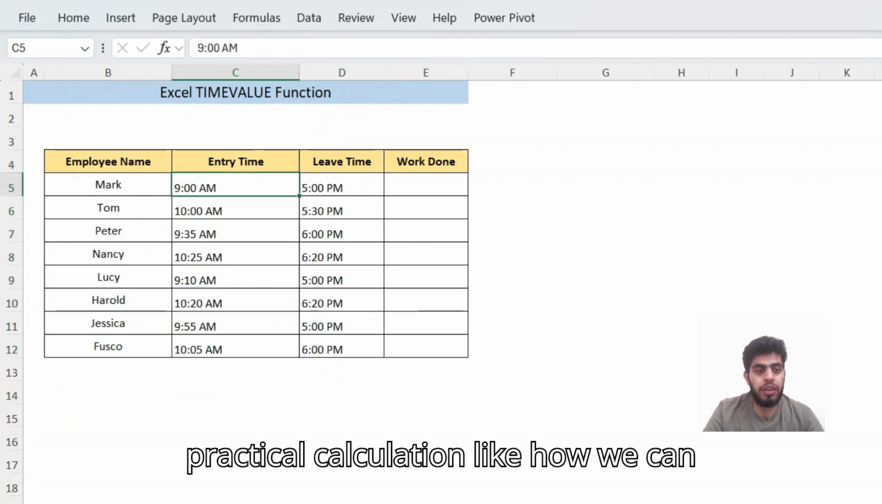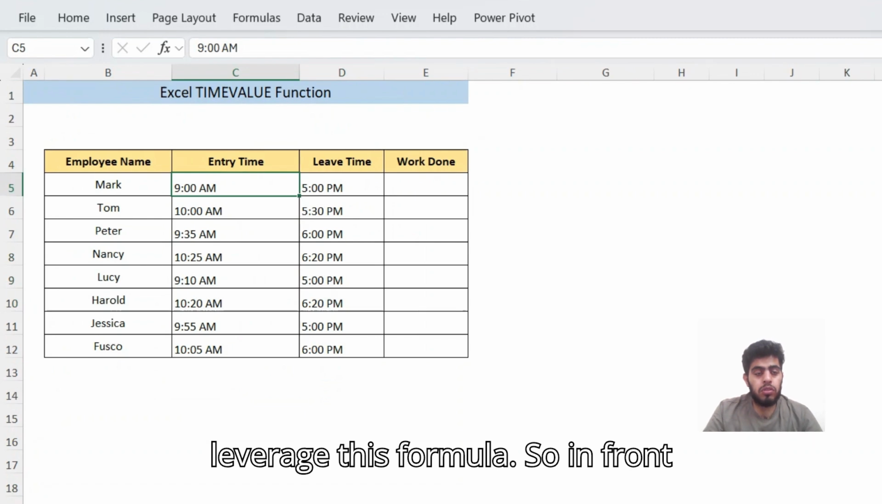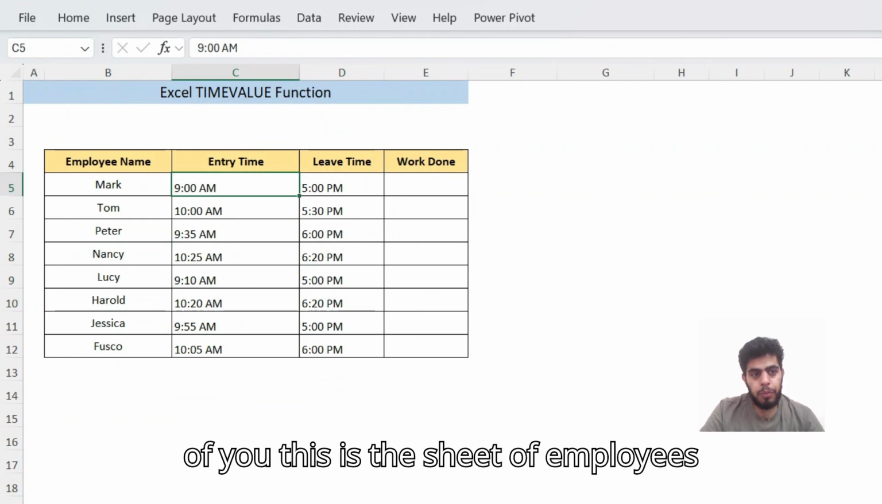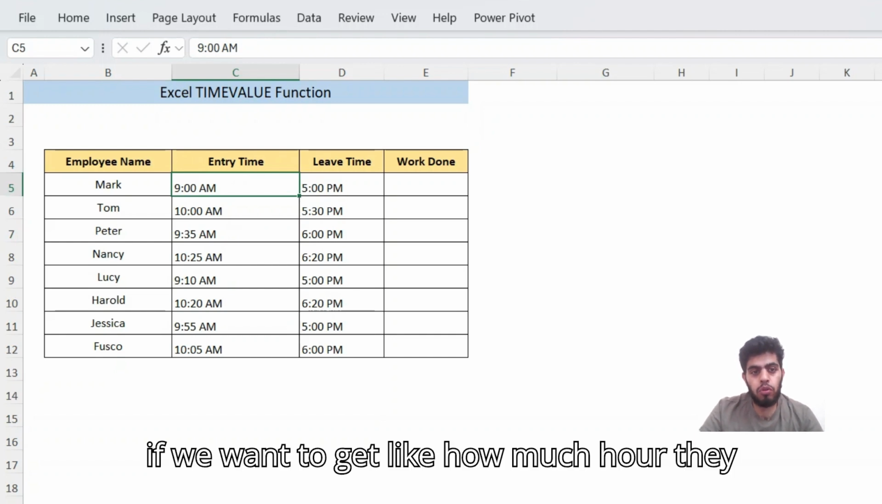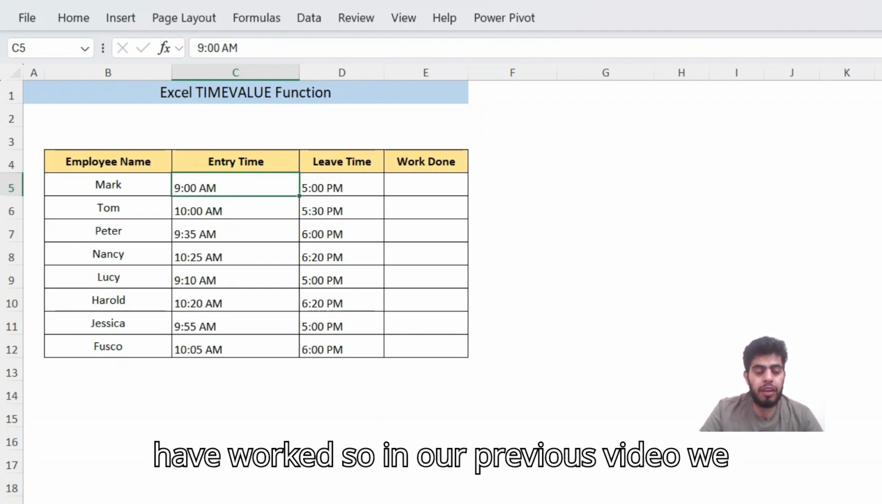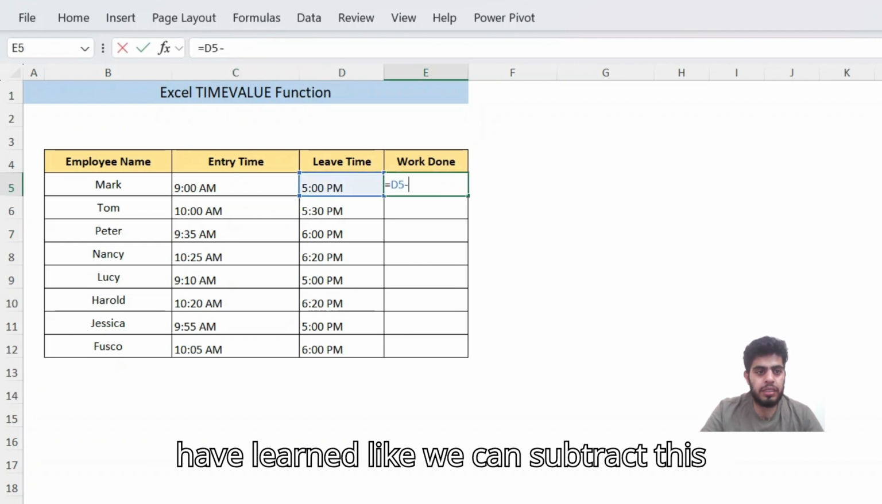Now, jumping to the practical calculation, like how we can leverage this formula. In front of you, this is the sheet of employees based on their entry time and leave time. If we want to get how many hours they have worked, in our previous video we learned that we can subtract this minus this